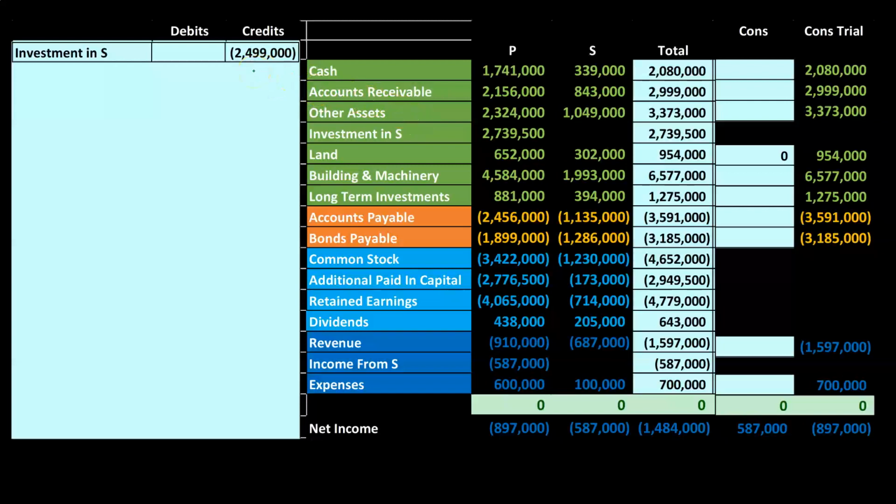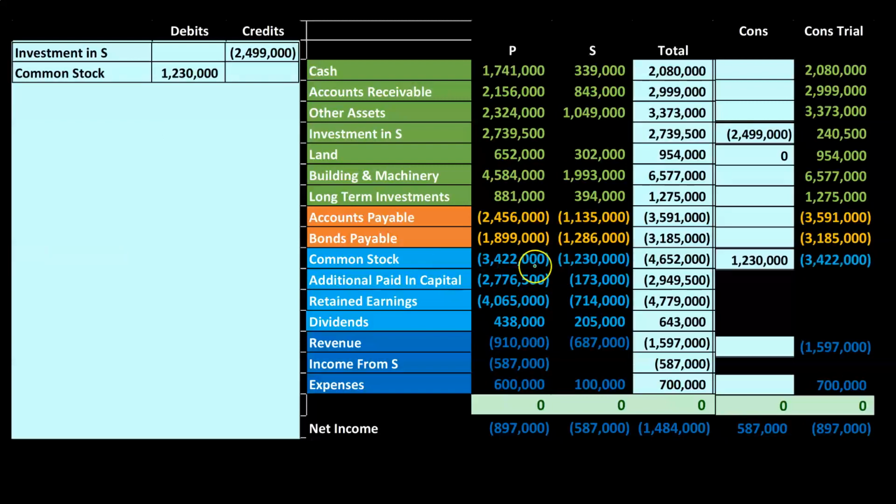Pretend that I didn't put anything there right now, and we're going to use this as the plug. So I know I'm going to do something to the investment. What I'm going to do is whatever I need to do after I do the other side of this transaction, which is to remove the equity section for S. So I'm going to basically think about removing the equity section for S, which means common stock is going to go off the books. So I'm going to debit the common stock for that